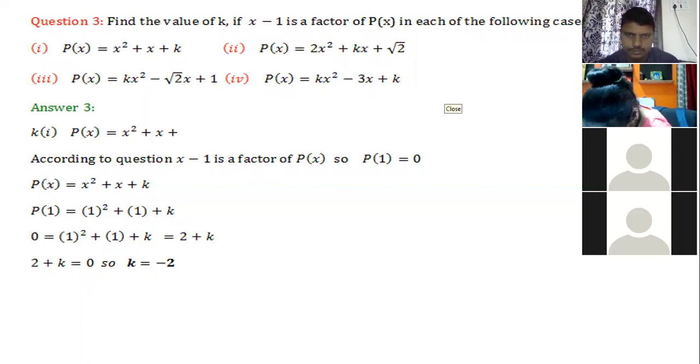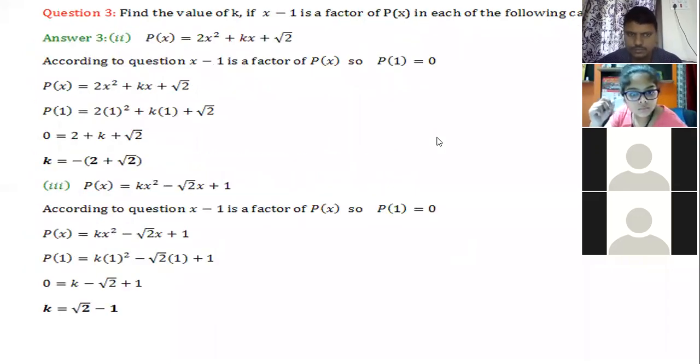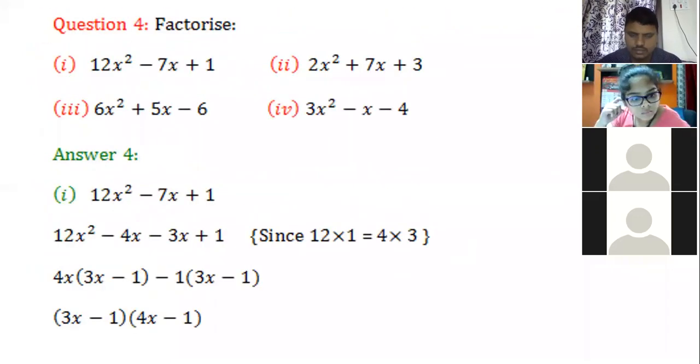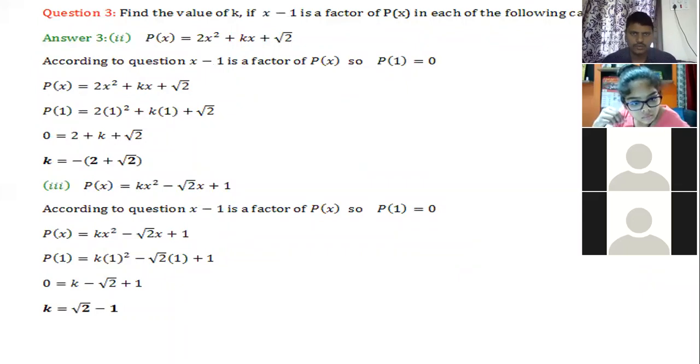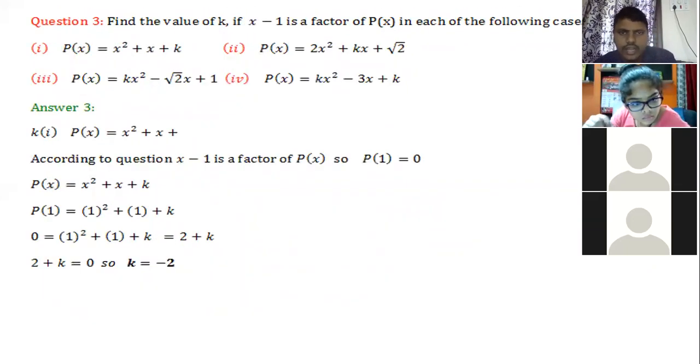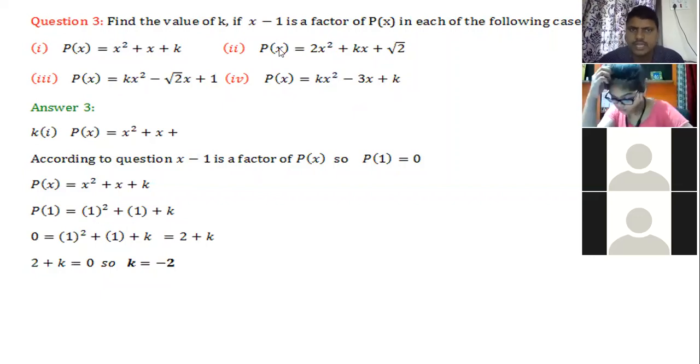Sir, fourth one, is k equal to 2? Fourth one, k is equal to, one second. I'll show you the answers. Okay, fourth one, I think I didn't do it. I'll tell you here. Now k plus k, that means 2k minus 3. Fourth one, 3 by 2, no? 3 by 2. Yes, because if you substitute k here,